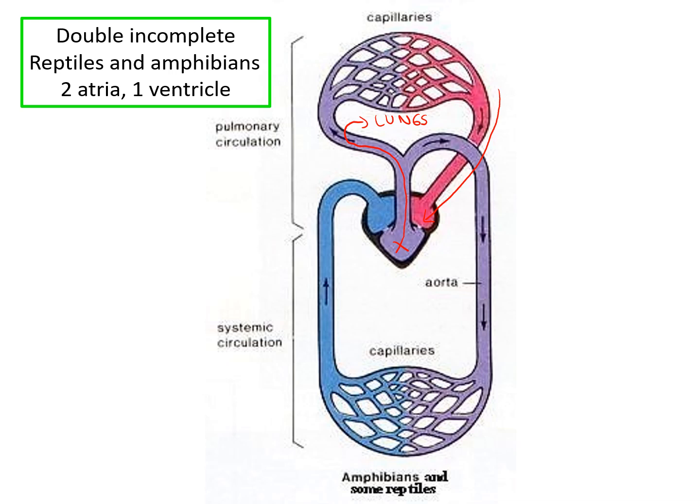So that mixed deoxygenated and oxygenated blood is being pumped round the body to the cells, and it's going to be less efficient because there's going to be less oxygen in that blood. And again, that deoxygenated blood is going to be passed back into the heart, where again it's going to mix in the ventricle. So as a result, it's going to be less efficient than the complete system,